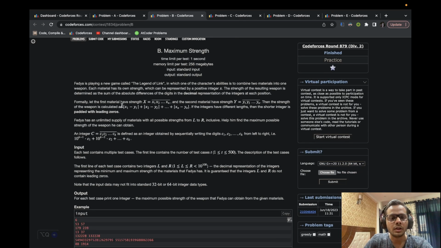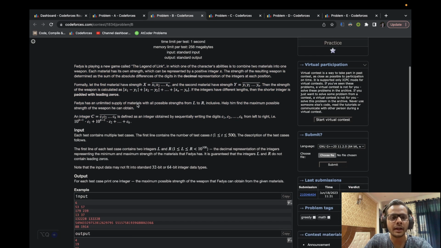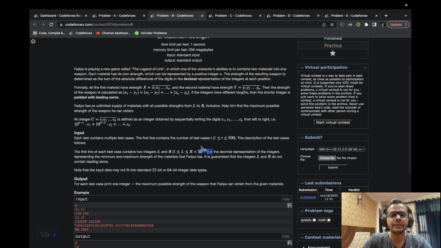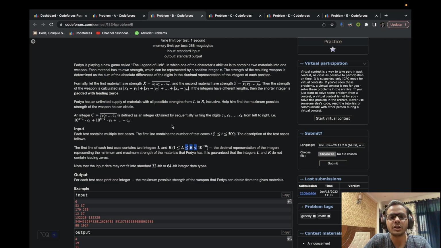Right, so the problem statement is quite long, but the thing in this problem statement is that you are given two integers L and R. Basically, you are given two strings L and R, which represent integers of length up to 10 raised to the power 100. And essentially what you need to do is choose two numbers in the range L to R, and you need to choose them in such a way that a function defined on two strings is